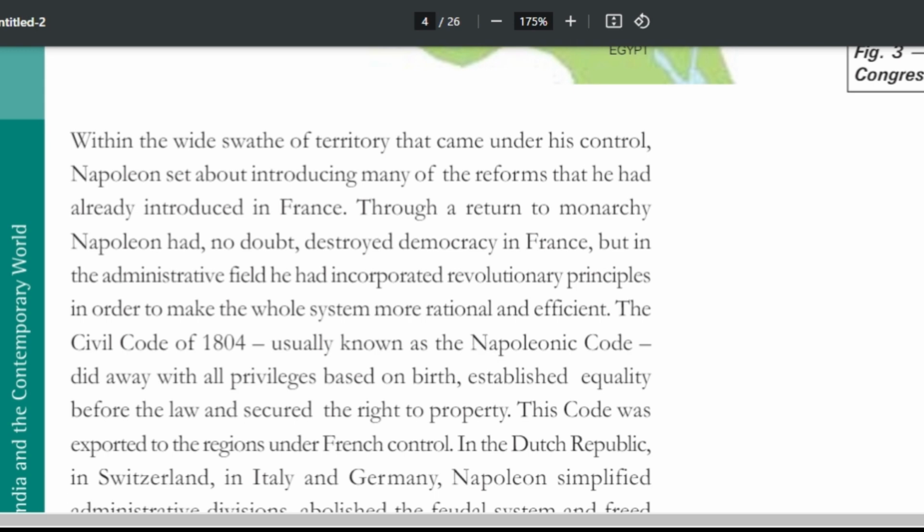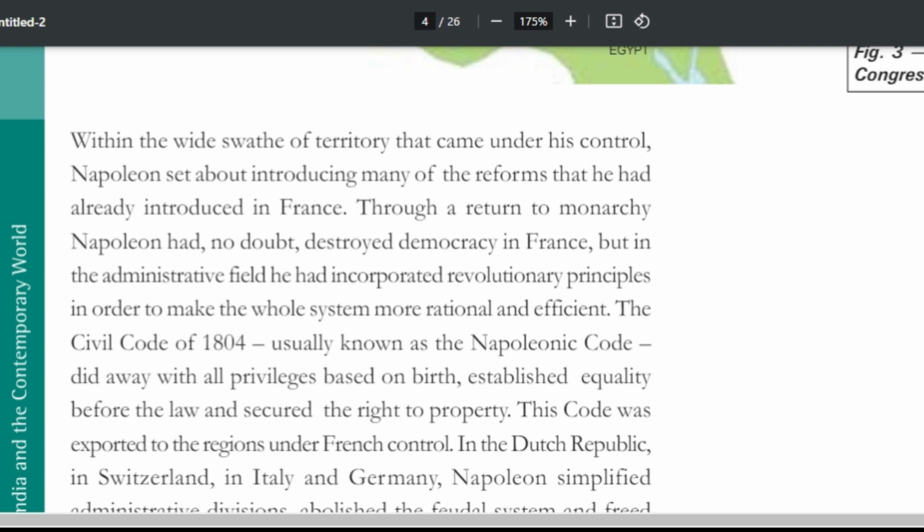Within the wide swath of territory that came under his control, Napoleon introduced many of the reforms that he had already introduced in France. Through a return to monarchy, Napoleon had no doubt destroyed democracy in France. But in the administrative field, he had incorporated revolutionary principles in order to make the whole system more rational and efficient. The Civil Code of 1804,